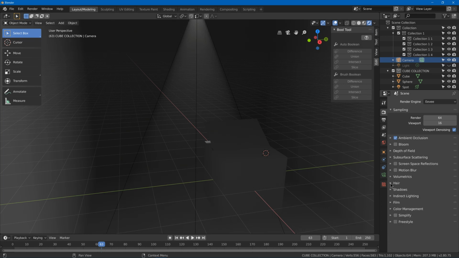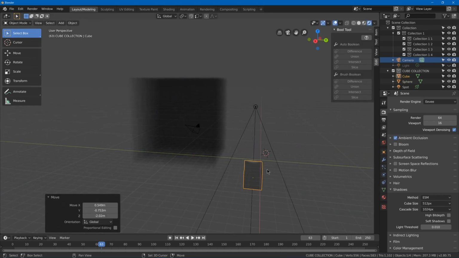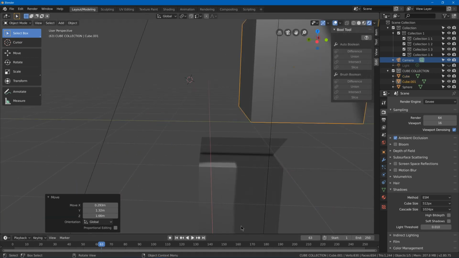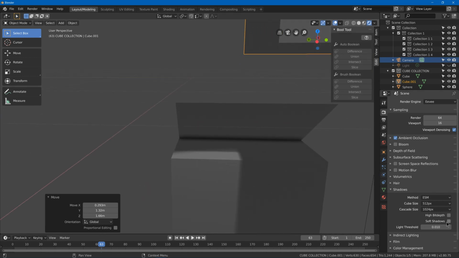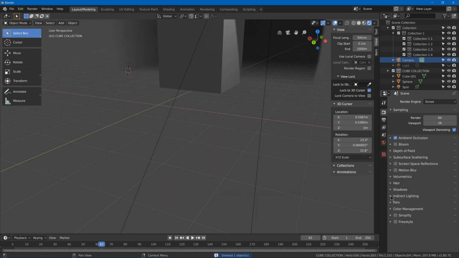So that's really cool. We got hair options, so you can change the type of hair from strand to strip. We got shadows, so I could make nicer shadows. Let's say if I put a mesh here and put one here, you'll see that currently it has hard shadows. I could change it to soft to make it blur out a little bit and be a little softer and nicer looking. Or I could change the size to make them much lower resolution shadows or higher, nicer resolution shadows. Or the cascade size. We got indirect lighting so that I can bake indirect lighting and bake the reflection cube